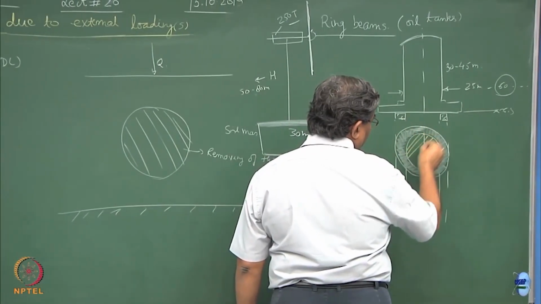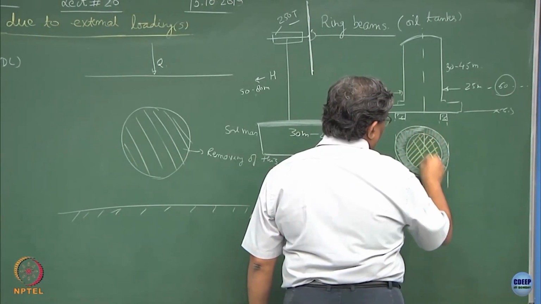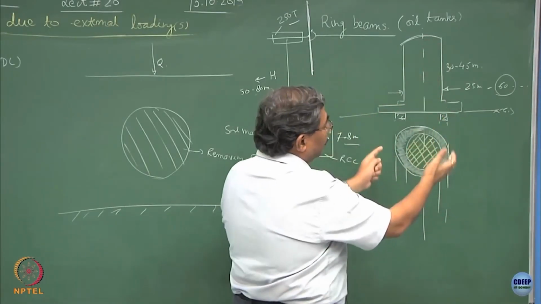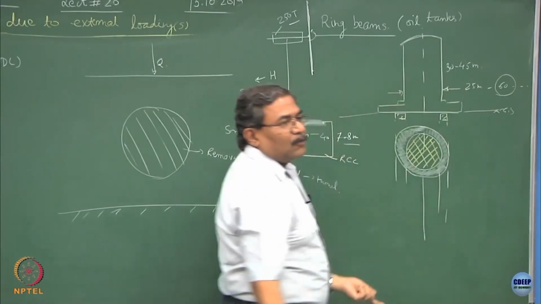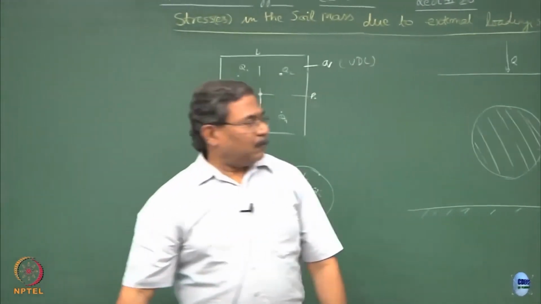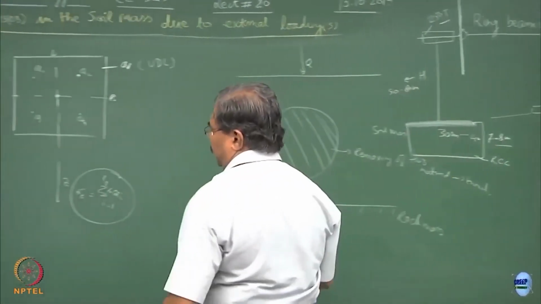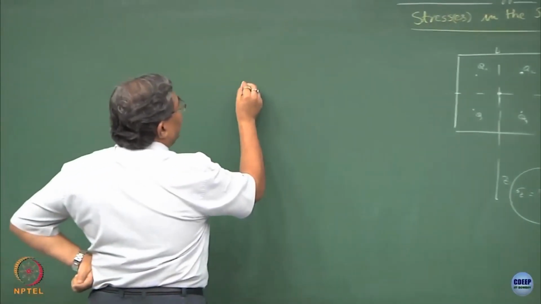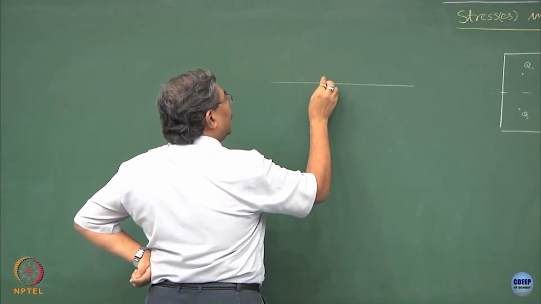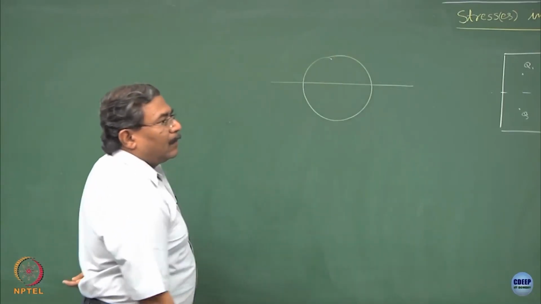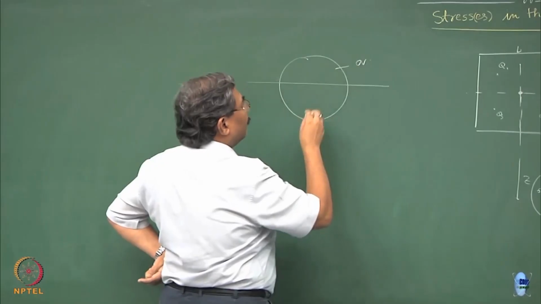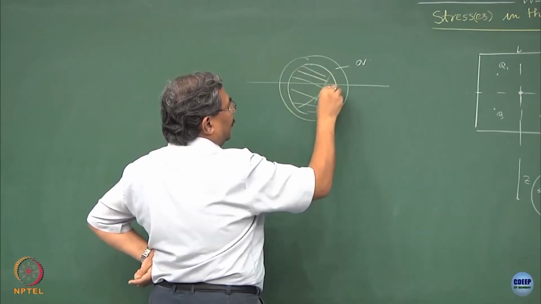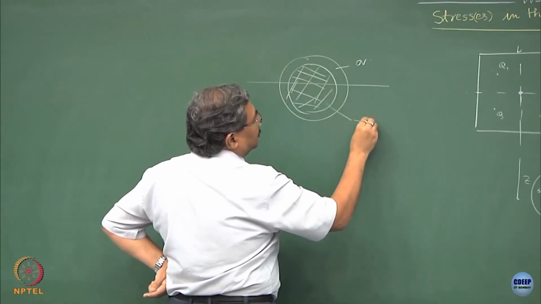if I eliminate this much portion from the foundation system, and if I create an annulus on which I will put the foundation, which I would use as a foundation for the tank, I am not going to lose anything. Now, how I am going to link this to the analysis which I have been doing by Boussinesq's method. So, what has happened is, you had a circular area of intensity Q, from which I have eliminated this much of the loading. Now, I think you have understood how to do this. So, this becomes minus Q,